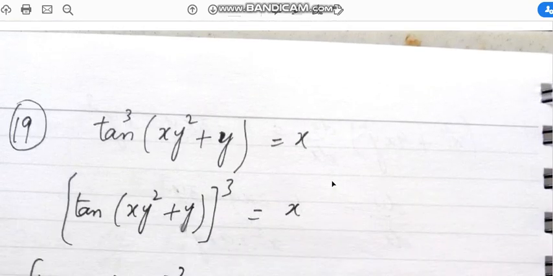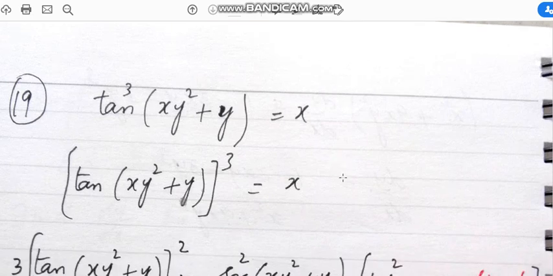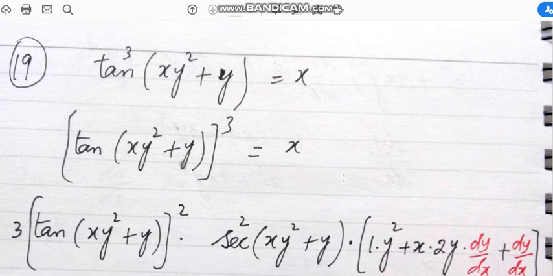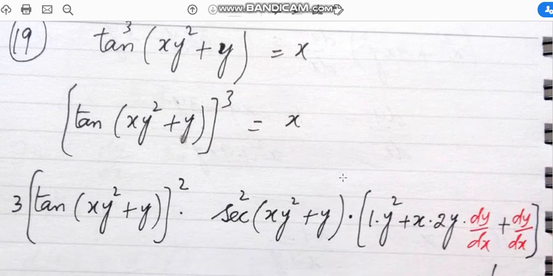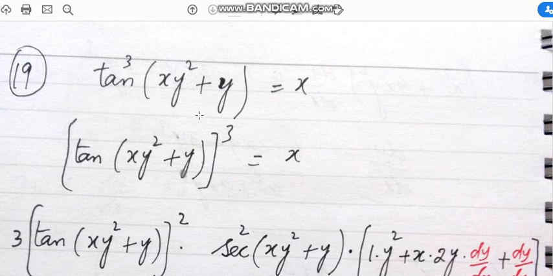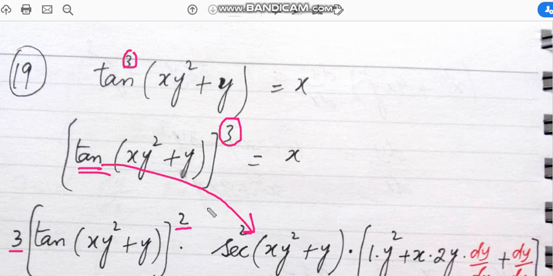And then 19th question is a trigonometric function, and we know while solving the questions of trigonometric function, first if the power rule is applicable we check it, then derivative of trigonometric function, and then derivative of angle. Here the power is on the trigonometric function, that is this power. We take this power on whole of a function, then we have applied power rule, taking power at the start, then reducing power by 1, then derivative of trigonometric function. The trigonometric function is tan, so its derivative will be secant square. This is the angle that comes as it is, then derivative of the angle.